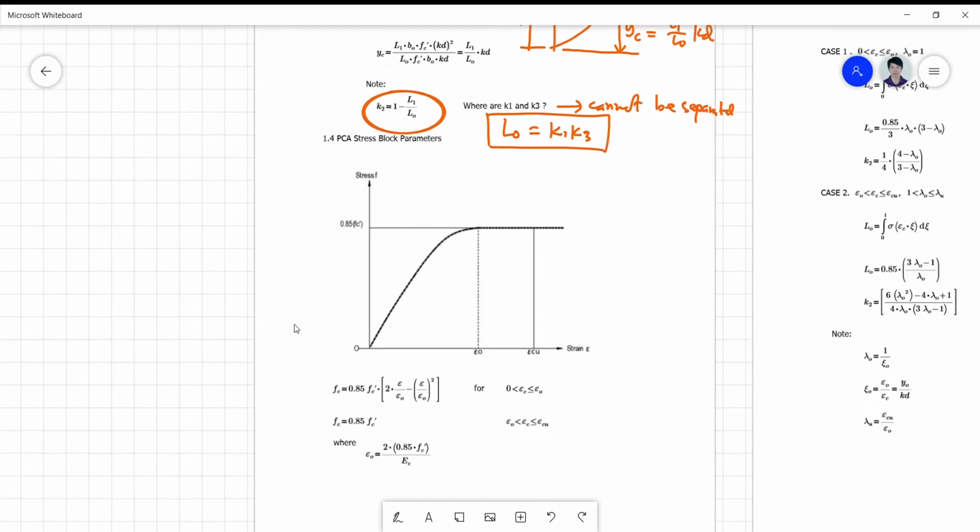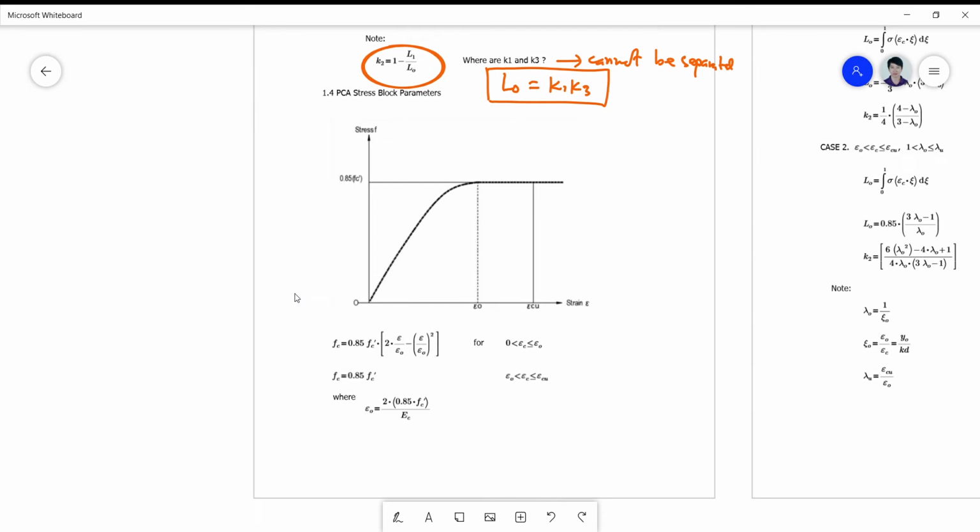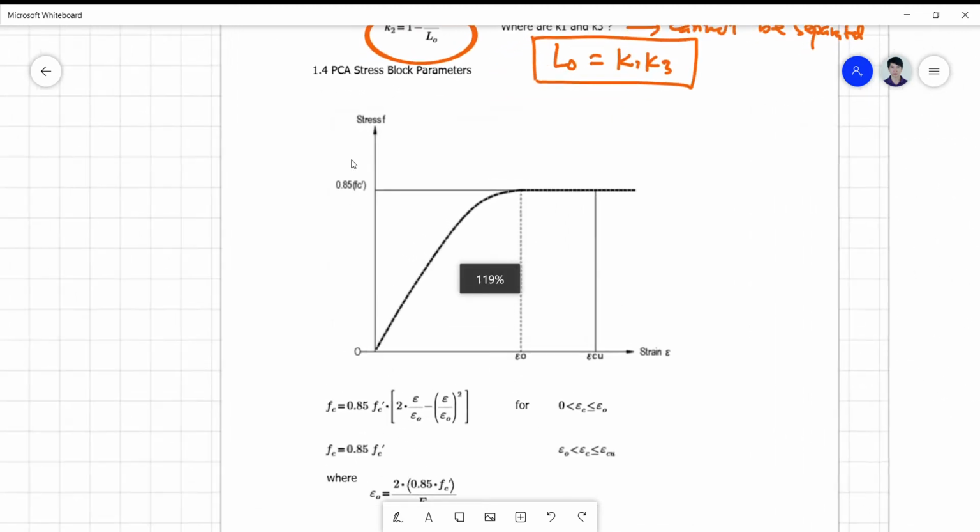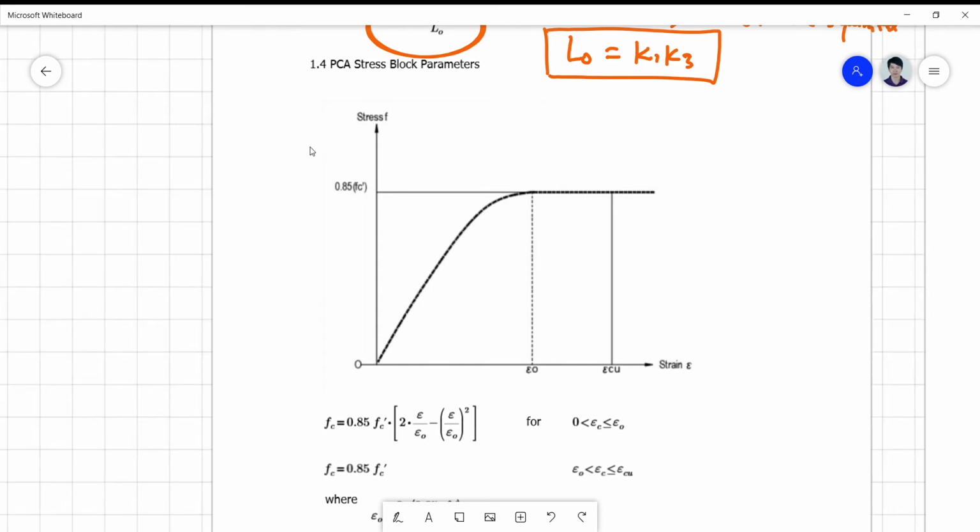many formula concerning the parameters involved in the use of yung ating mga parameters na ginagamit in terms of the design and analysis of not only flexural members but also other types of members, may it be uniaxial combination of torsion and bending. Okay, so yung mga ginagamit nating mga parameters, the PCA contributes a lot to it. Okay, so this is now the figure on what is the PCA stress block